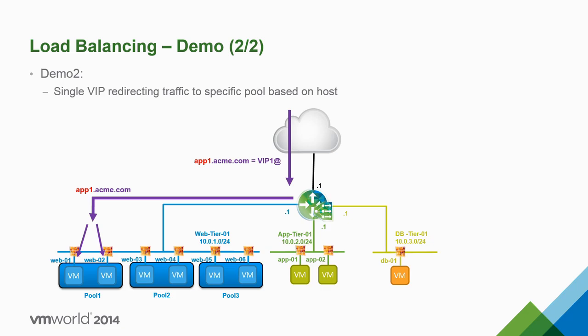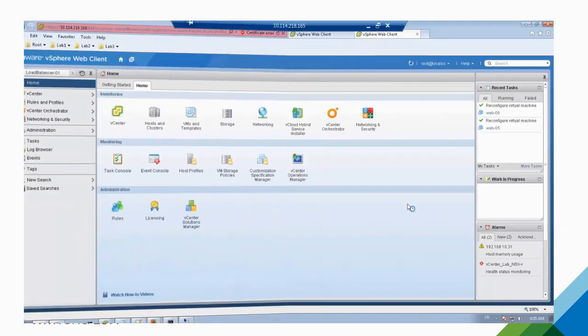But if people ask for app1, you want the load balancer, NSX, to use those 2 servers. If you go to app2, you want to use those servers. If the client asks for app3, you want to use those servers. Make sense? Which means the load balancer needs to look at the layer 7, the host, to make the decision to go here or there. Okay? So how do you do that?